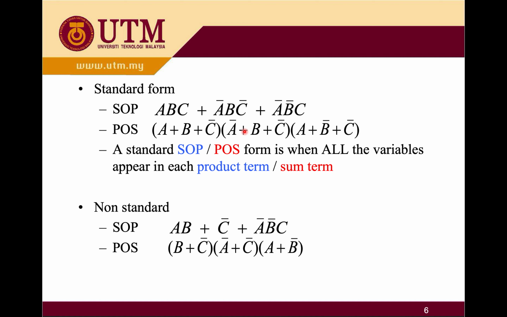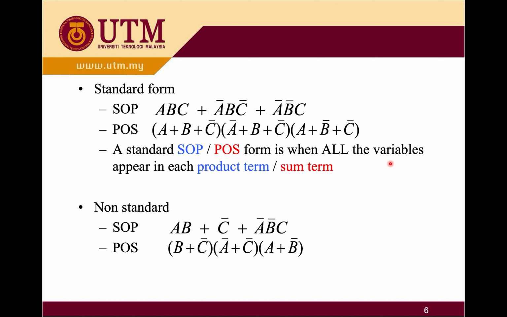Product of sum for this one, right? Over here, one product, you have A, B, C, A, B, C, A, B, C. This is the standard form. But non-standard form, you can see that for SOP, we have, let's say, example here, AB, and then plus C, plus AB, A bar, B bar, C. So you can see that in this first product, there is no C